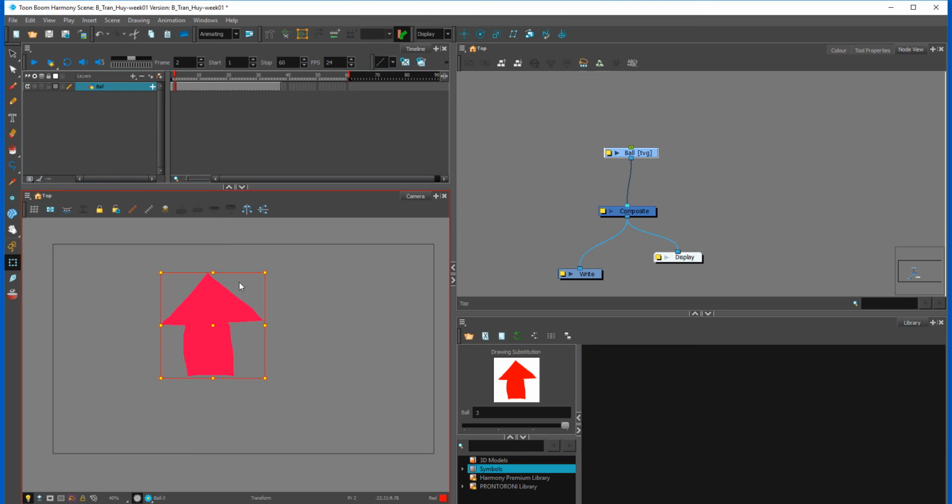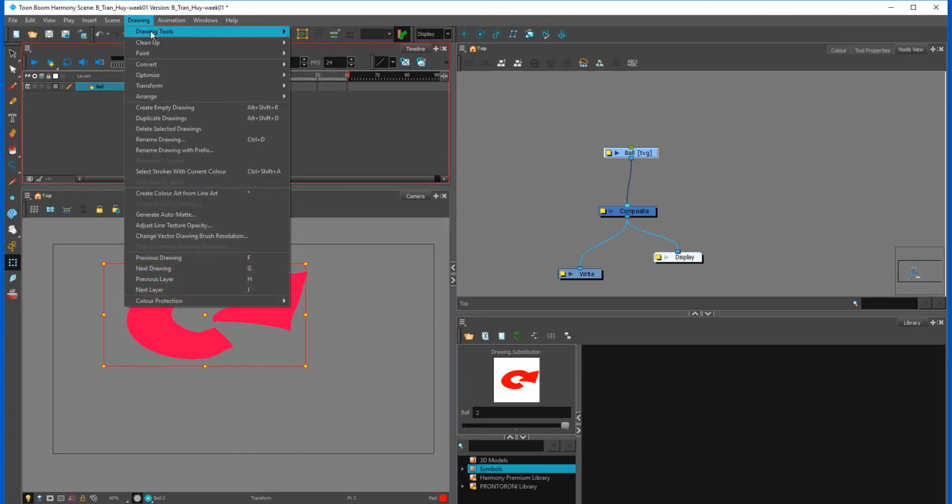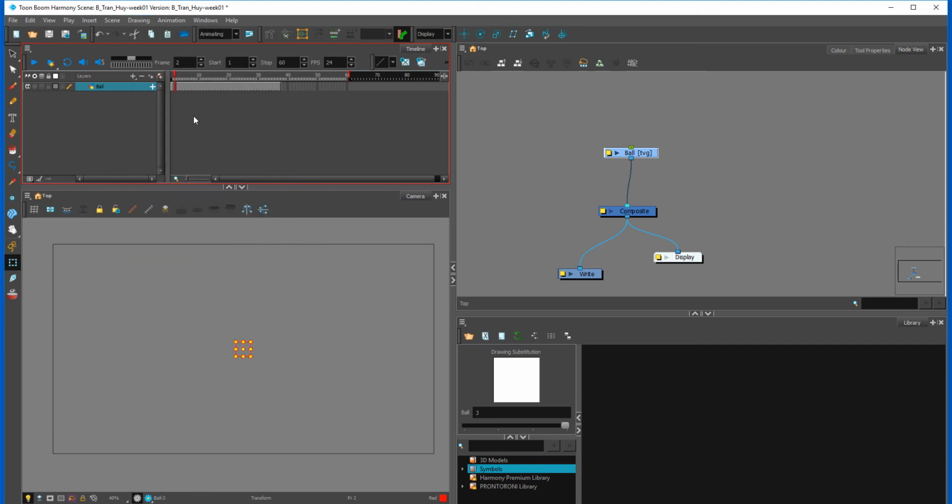Okay? So I'm going to undo that to show you what that looks like again. So I undid it 3 times, and now I only have 2 drawing substitutions. And if I want a third one, you can go Drawing, Duplicate Drawing, or Create Empty Drawing. If I create Empty Drawing, Alt-Shift-R, I get number 3. Okay, so now instance number 3 is created, but there's nothing on there, which is fine, because our third drawing,